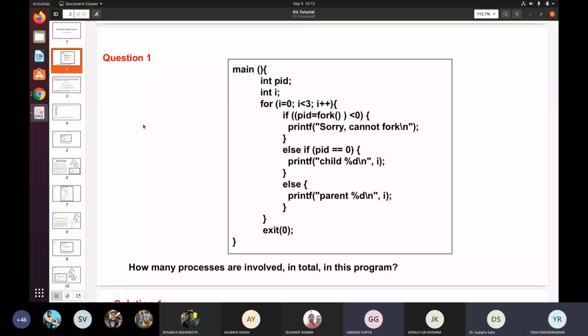I would just prefer that if you are confident in the output, don't write it. Otherwise, everybody will copy it and then they will lose interest. If the answer is available, please everybody try to get the answer on your own. There are questions in the semester which you'll have to derive on your own. Don't just copy it blindly. It will destroy the purpose of the whole lecture series or the course. Please try to derive on your own, and also draw the tree, like how you are getting the number of processes in this.